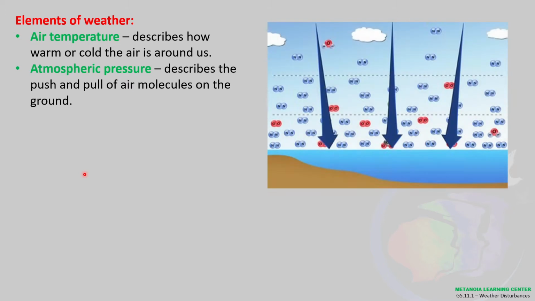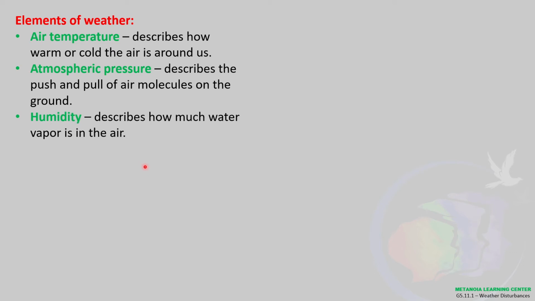Atmospheric pressure describes the push and pull of air molecules on the ground. Okay, because the less pressure actually pag nasa taas, the air becomes thinner kasi if you reach yung pinakamataas na part, like yung sa illustration kanina, which is the exosphere. So thin air, less oxygen. So most likely that's why hindi tayo nakakahinga ng maayos whenever umaabot tayo at that certain point. Okay? So humidity describes how much water vapor is in the air.